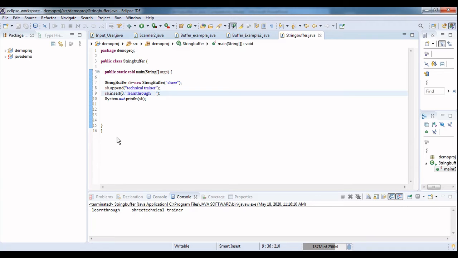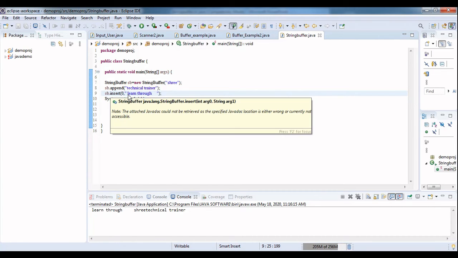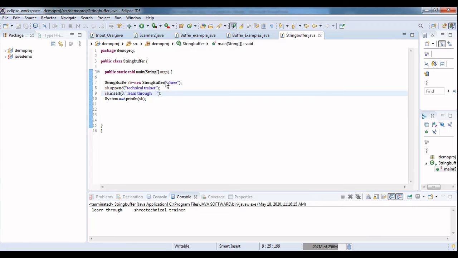So, learn through Shri technical trainer. First I created a string buffer object and allocated the value Shri. Next I appended some more string to that, technical trainer. Then I inserted in between, right? In the starting itself I inserted learn through. So it's been displayed. In this way we can use string buffer.